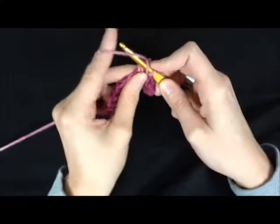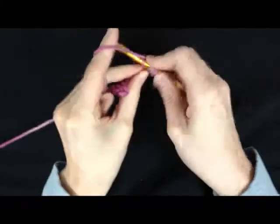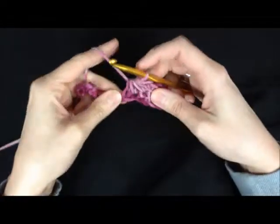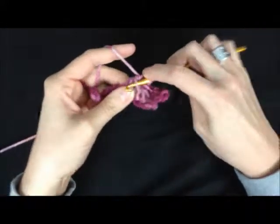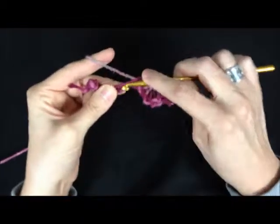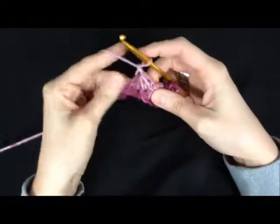Into the middle loop of your star and drop a loop, into the last stitch of your star and drop a loop, into the next chain and drop a loop, into the next chain and drop a loop, yarn over and through all 5 loops and chain. Repeat it. Middle loop of your star, end loop of your star, next chain, yarn over and draw through all the loops on your hook, chain,